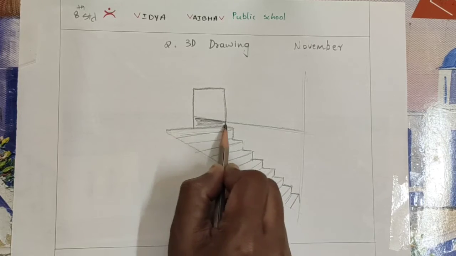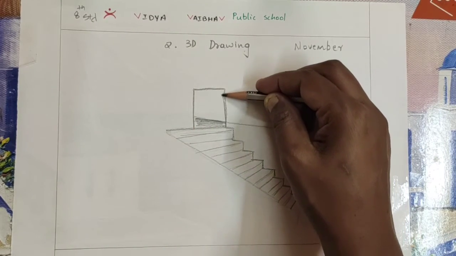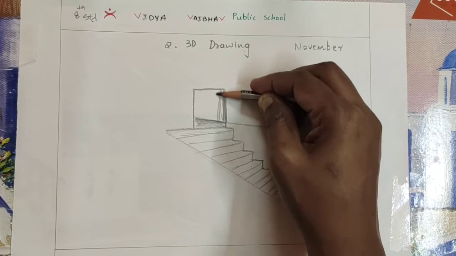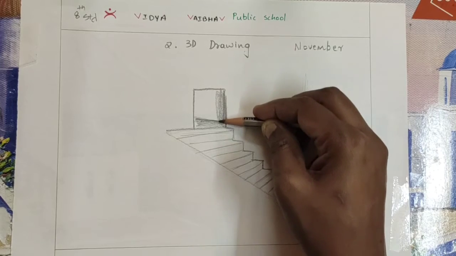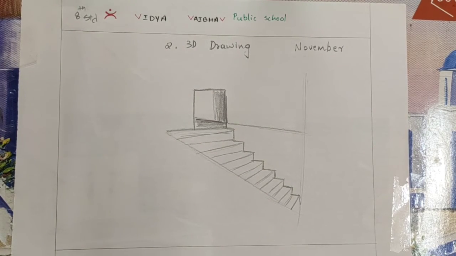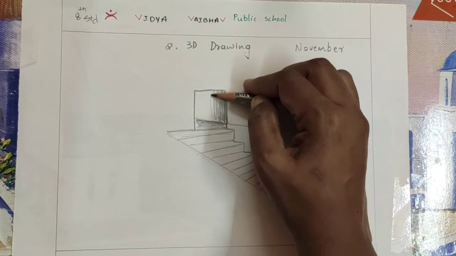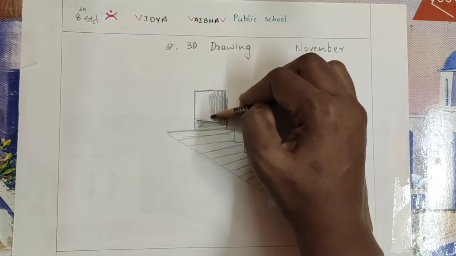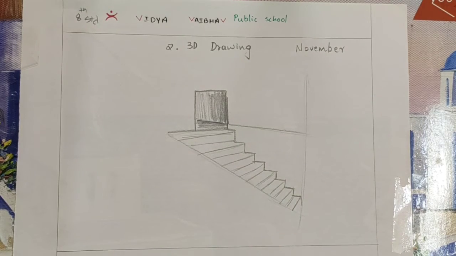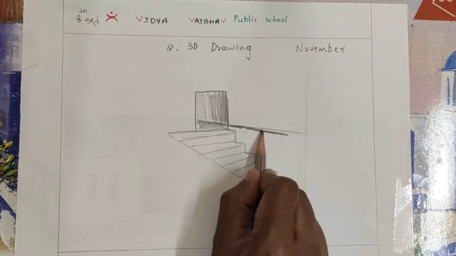Now we should start working with the shading here. See, for each and every stroke I am using a different direction. Yes, you can see, because that is an inside wall. So I am using a pencil very slanted and flat, and I am using a technique of dark to light. And for the wall completely I am making it dark.